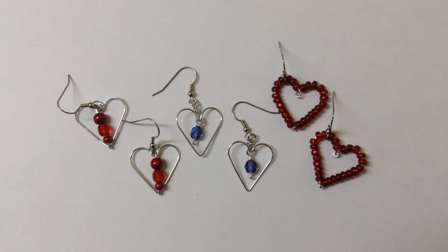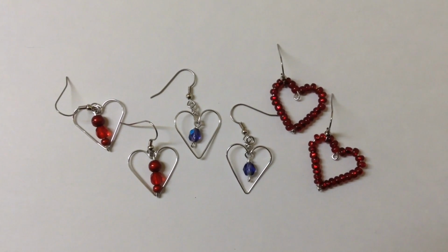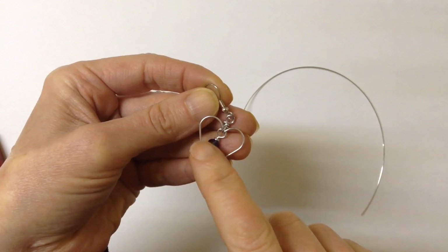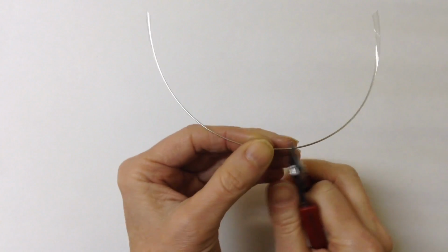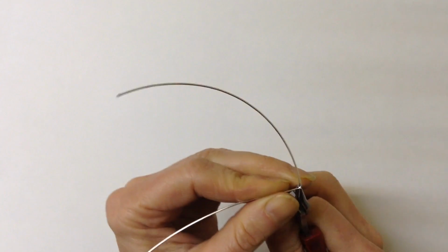Had another great special request to make heart earrings for Valentine's Day, so I'm going to show you how to make 3 different kinds of hearts. To make this pair with the little dangling beads, you're going to need a wire that's about 6 to 8 inches long, and we're going to bend it in the center like that on a bit of an angle,